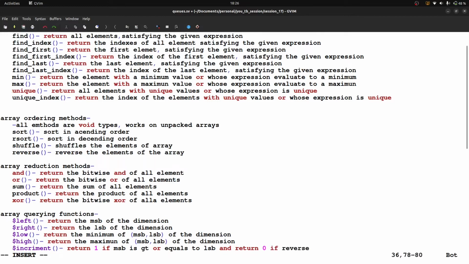What is the meaning? It will return 1 if MSB is greater than or equal to the LSB, and return 0 if MSB is lesser than the LSB. Okay, that is the meaning of increment actually.